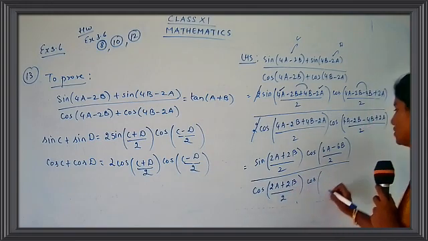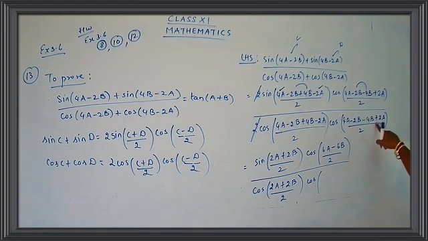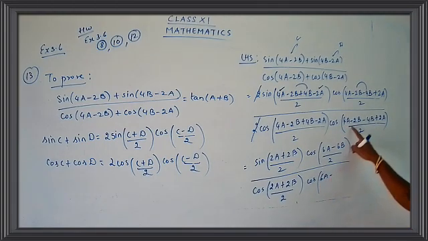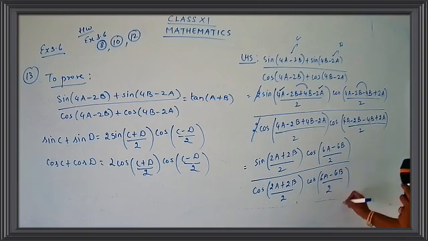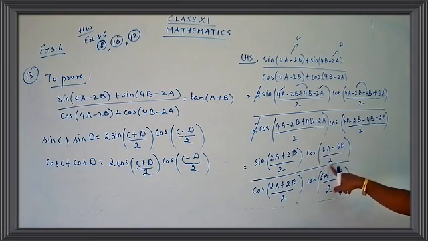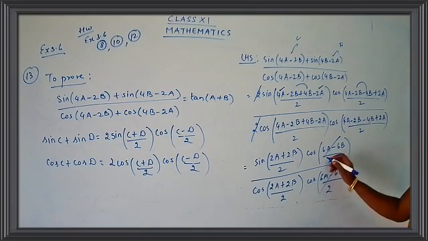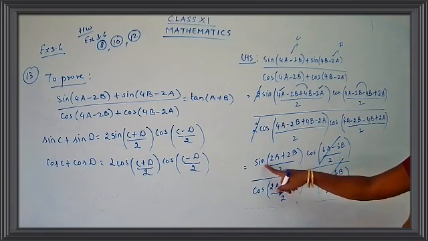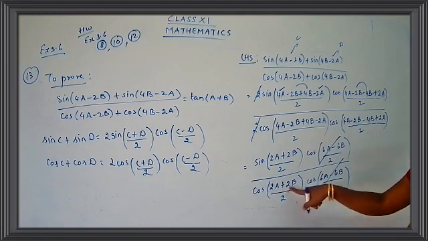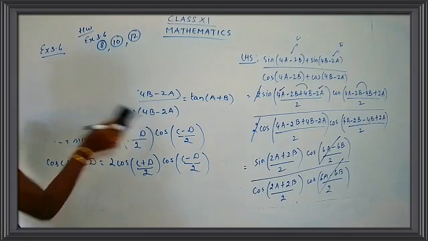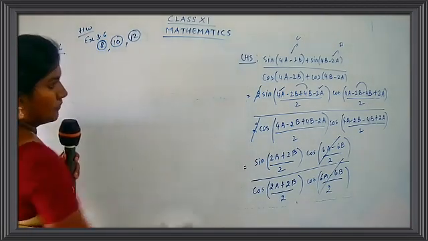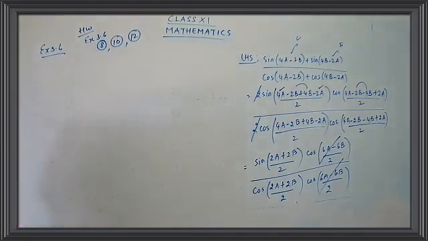And here I get cos of 4a plus 2a. That is 6a. Minus 2 minus 4, minus 6b. Here children, this is cos of 6a minus 6b upon 2. This is cos of 6a minus 6b by 2. So I'll cancel these two terms. Cos term gets cancelled. So only these terms are left: sine of 2a plus 2b by 2, cos of 2a plus 2b by 2. So we have some more steps to go on. And we come to our RHS. Are you clear with the steps, children? I'm just going slow. Just understand the concepts clearly.